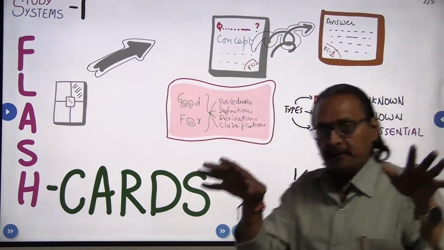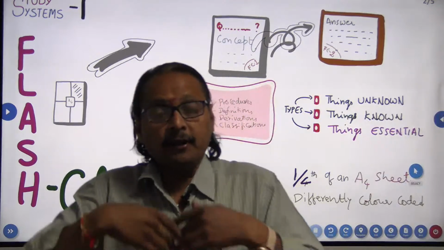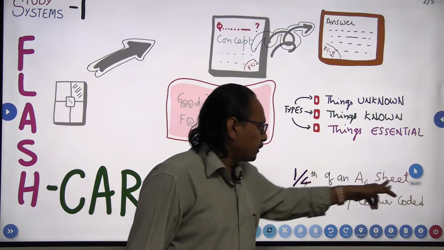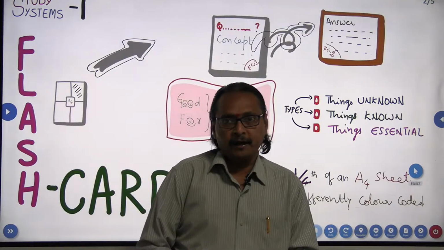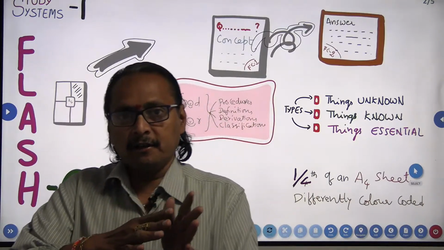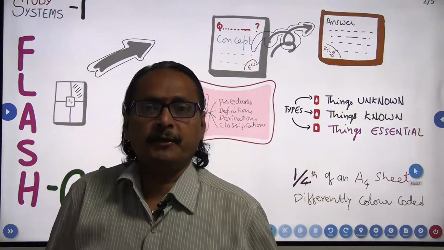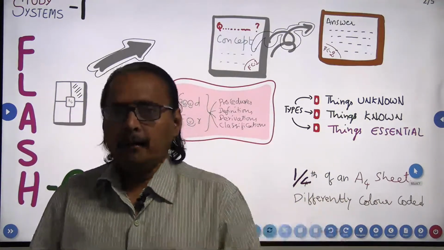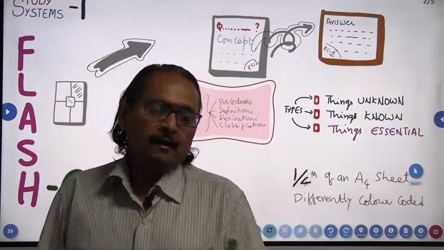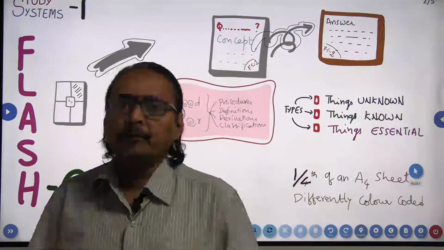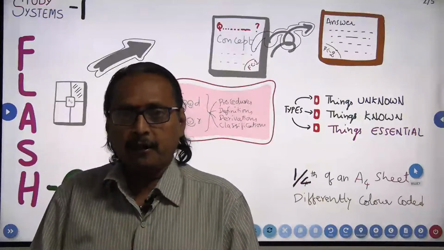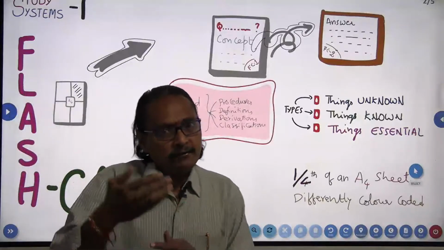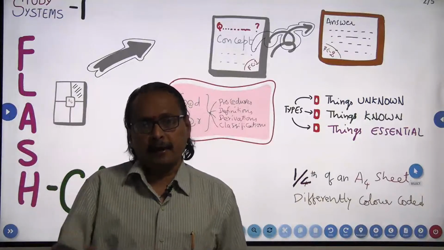Once you are prepared with these cards, each subject will have different cards, and you can also go with different colors. See, one-fourth of an A4 sheet, differently color coded. You can code a particular subject with a specific color. For example, red is for, let us say, physics. Then blue is for chemistry, and something like yellow can be mathematics. It's up to you, whatever the color code, which should be uniform across that particular subject. Sometimes even within the same subject, you can make a topic.